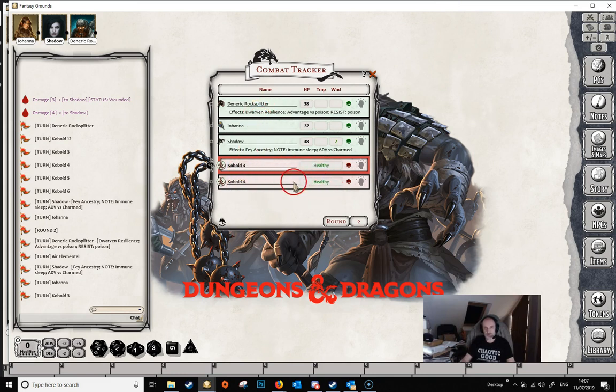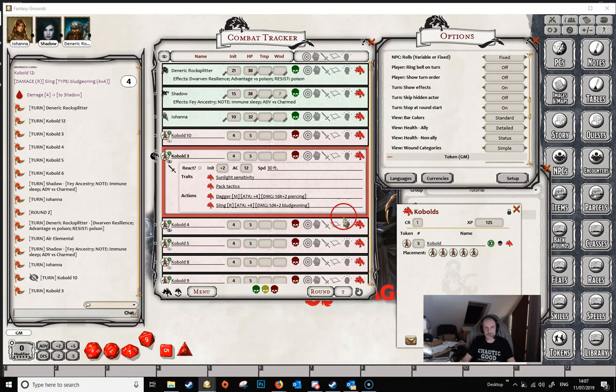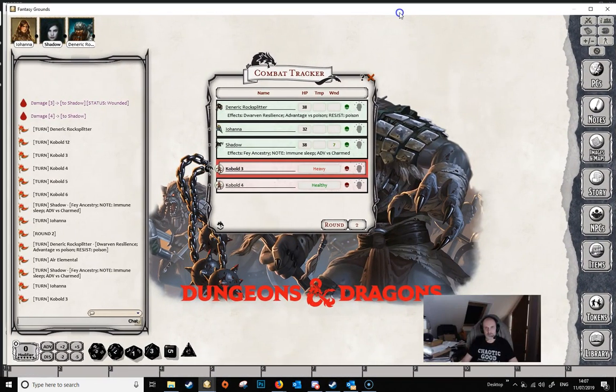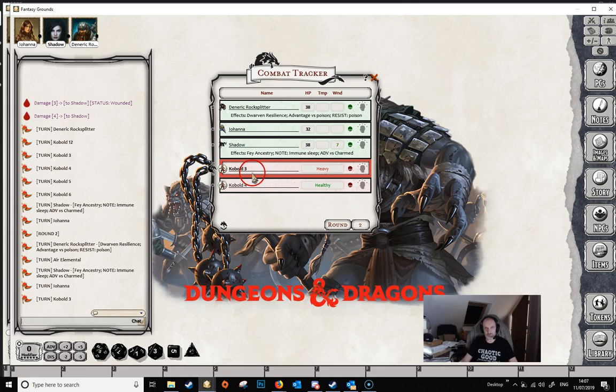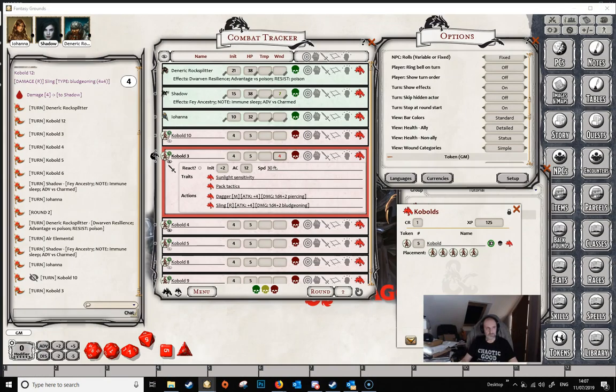The kobolds are healthy, and if we were to give this kobold here, kobold 3, some wounds, and we looked at the screen now, it shows that that kobold has got heavy damage. So this is graded really. They have a status which goes through from healthy to wounded to heavy,